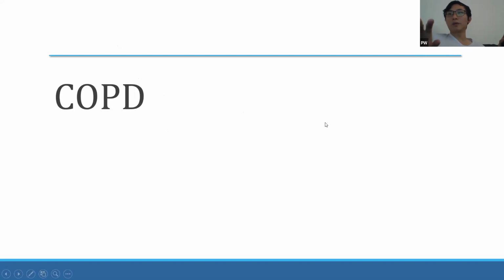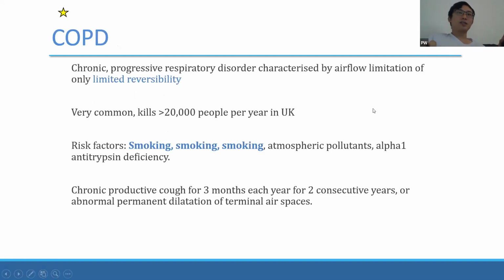Okay, so we're going to talk a little bit about COPD now. COPD is something else that is very, very common. You will see absolutely gobs of this, one of the most common obstructive lung diseases. It is a chronic progressive respiratory disorder characterized by airflow limitation, which has limited reversibility. Whereas asthma responds relatively well to salbutamol, relatively well to ICS, corticosteroids, relatively manageable up until it doesn't, up until the severe cases. COPD is a slow progressive disease, which we have pretty poor treatment for, that it's a mainly